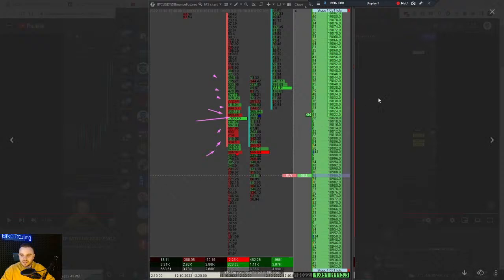Like at this price, at 19,020, someone traded 1,323 bitcoins. It's a lot, at such a small price. This part here, the white one, is called DOM. It shows us limit orders, like this. Someone set a limit order, 143 coins to buy or sell, depending on the price at that time.